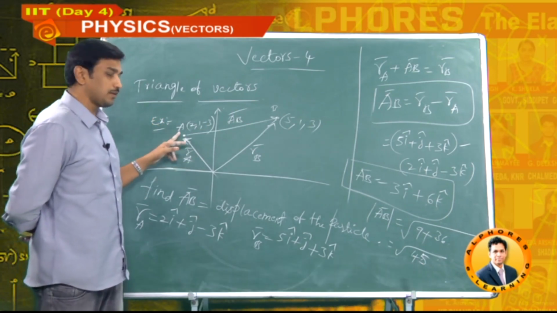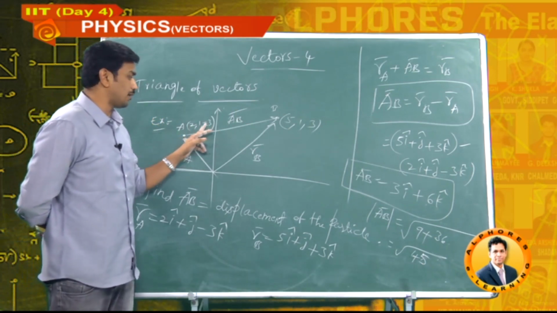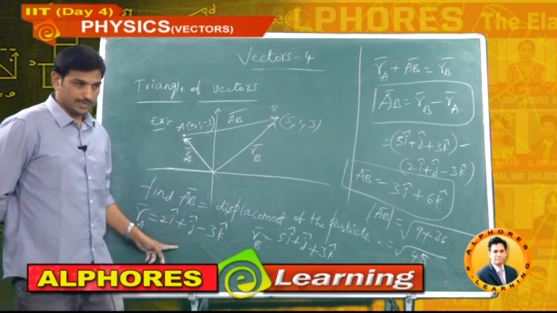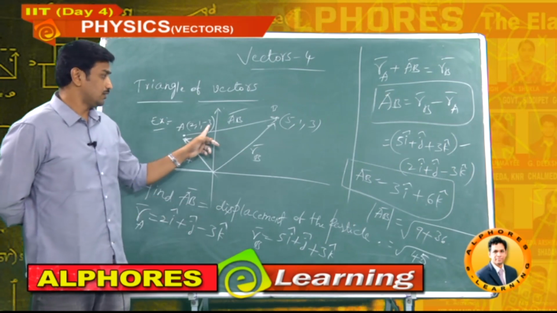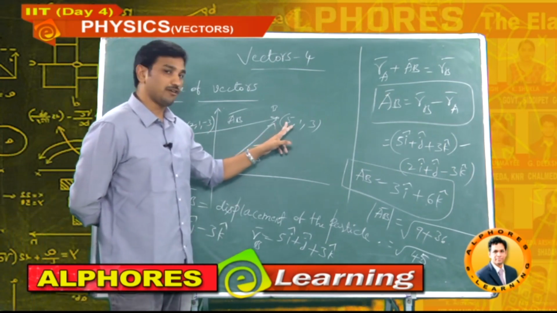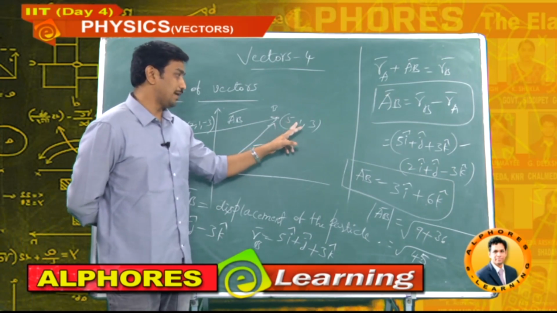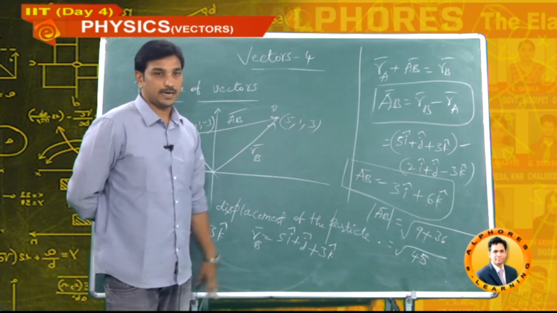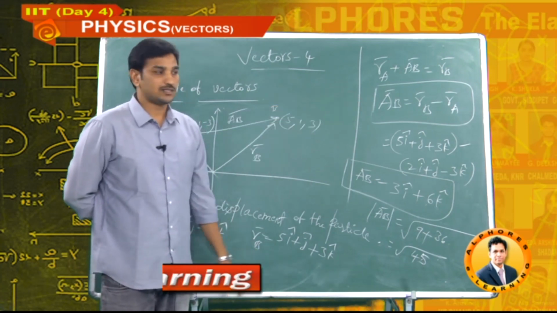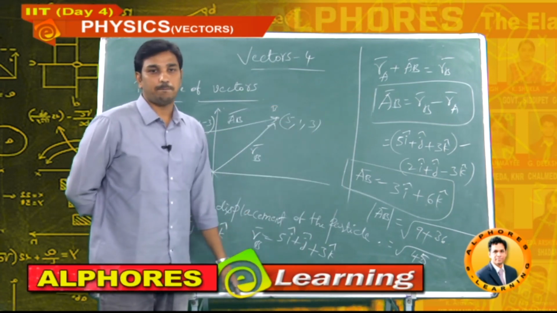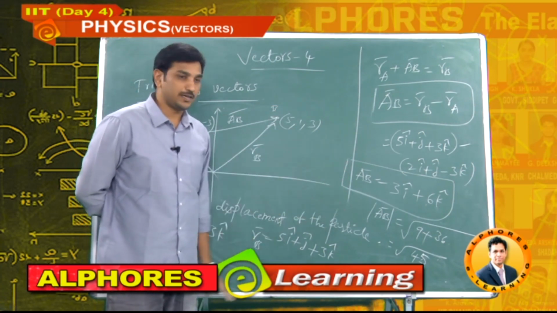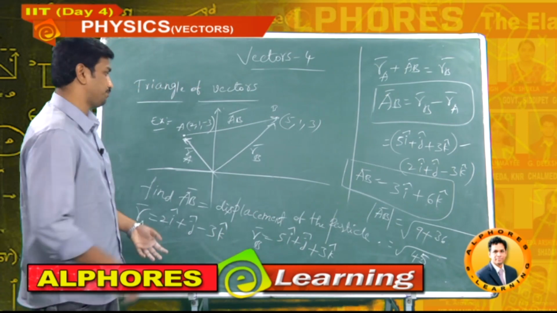Initial position vector of the particle, RA bar, is 2 comma 1 comma minus 3: 2 along the x direction, 1 along the y axis direction, minus 3 along the z axis direction. Similarly, the position vector of point B is 5 i cap, 1 j cap, 3 k cap. So substituting finally in our result, we got the answer 3 i cap plus 6 k cap as the displacement of the particle. Now the magnitude of the displacement is under root 45.